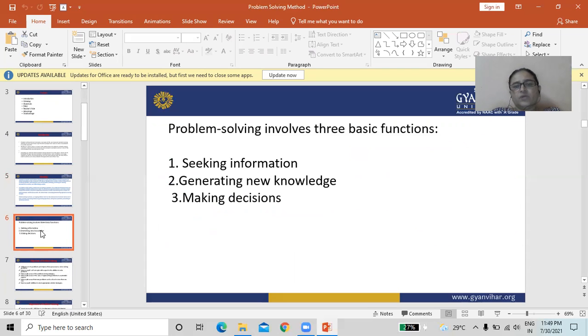Problem solving involves three basic functions: seeking information, generating new knowledge, and making decisions. Whenever we choose a problem, we find the information regarding that particular problem.